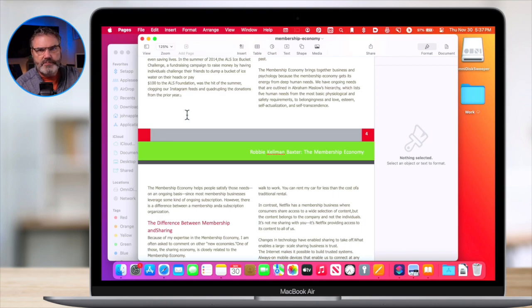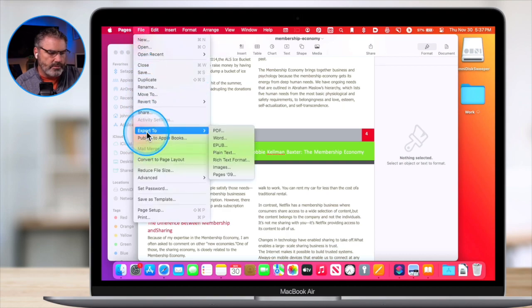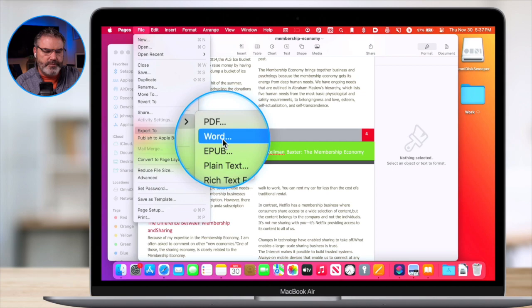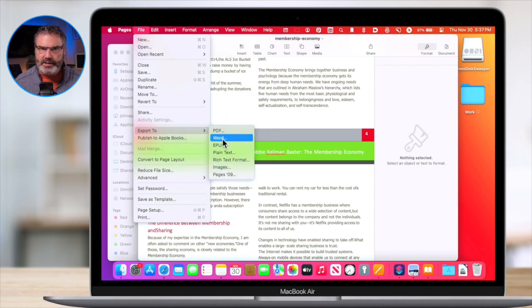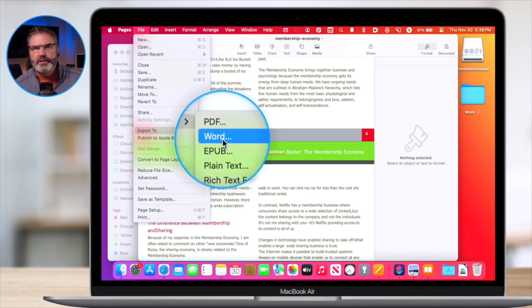Now, what it does is convert it into a Pages document. So if you wanted to open this up in Word again, you're not going to be able to. But what you can do is export this out as a Word document. The file format is not native to both. Numbers, Pages, Keynote can open up PowerPoint, Excel, Microsoft Word, but when they open them, they convert them into their respective file format. If you want to open it back up in Microsoft's apps, you have to export them. They all have this export, and then it'll export it out.